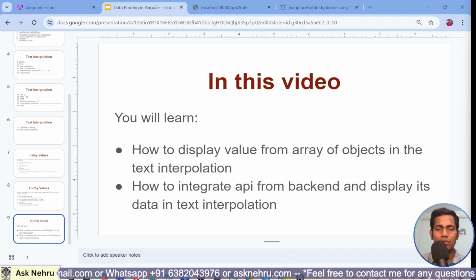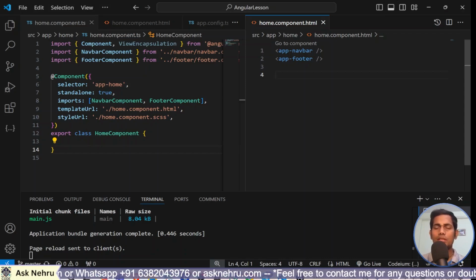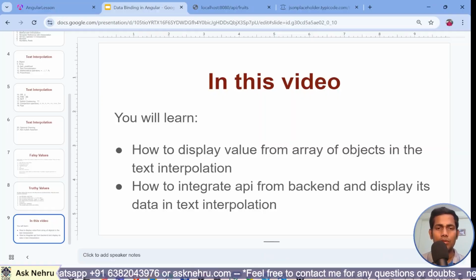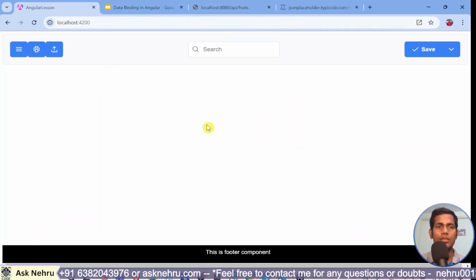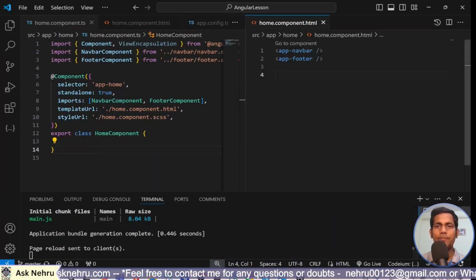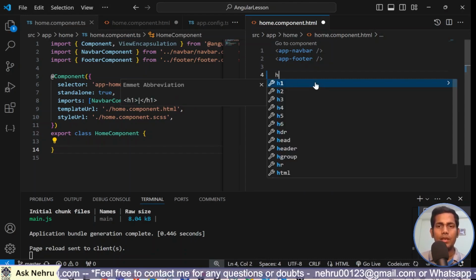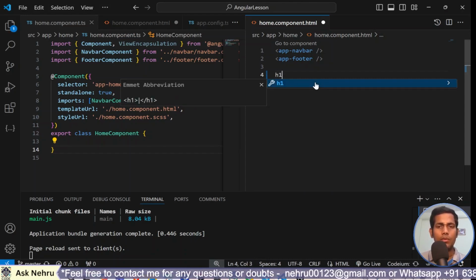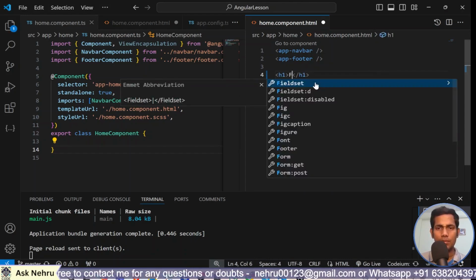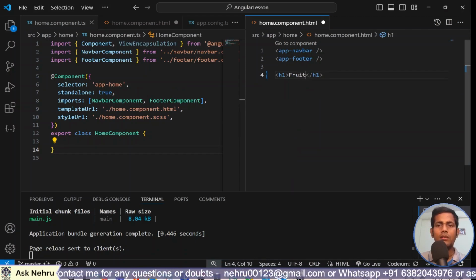So I go to VS Code. This is the last stage, and let me show you the output also. The output is here. It's simple, guys. Now I want to have one thing. In the HTML, I want to show some fruits name